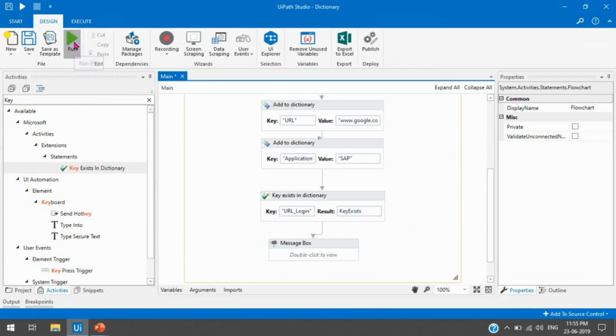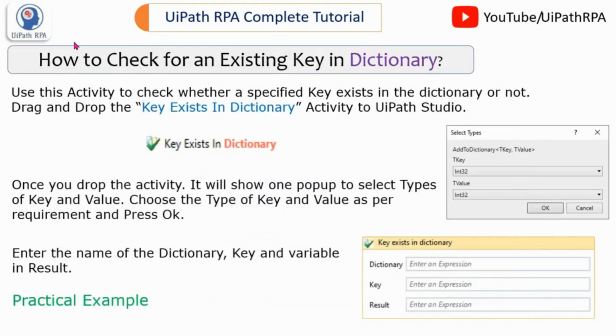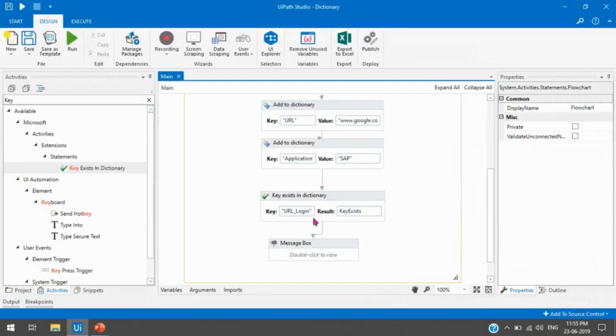So here you can see we will get false, because this key is not available in dictionary. So we can use here the condition, like if the key exists equal to false, it means this is not available in the dictionary. Then we can take one add to dictionary, and then we can add that key values to the dictionary, right?